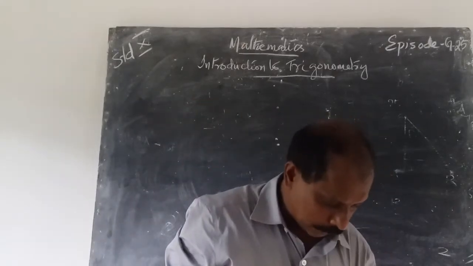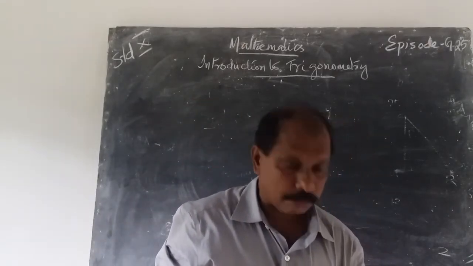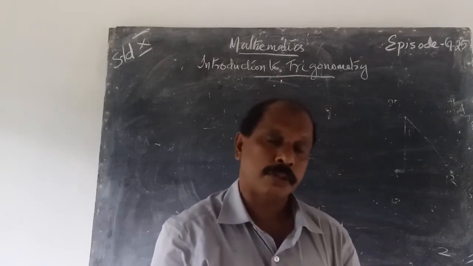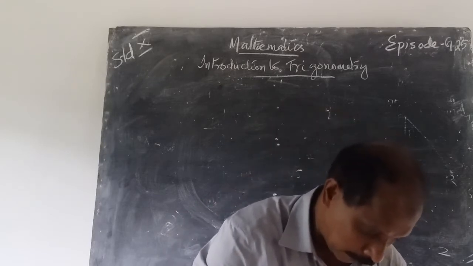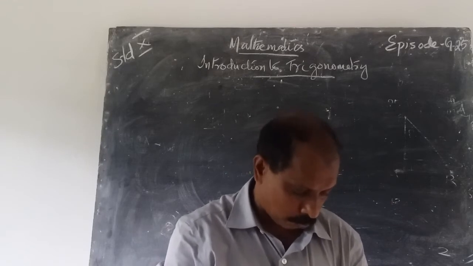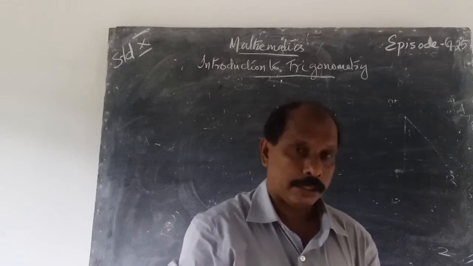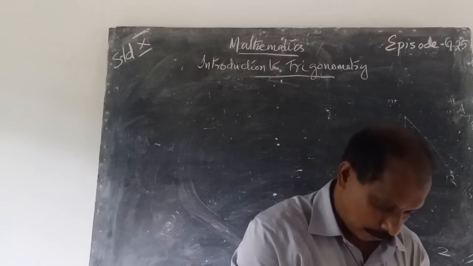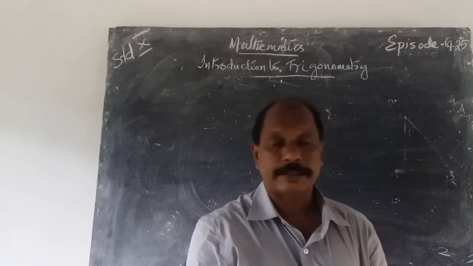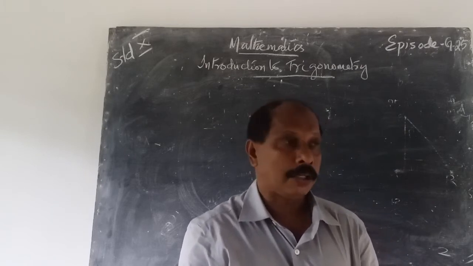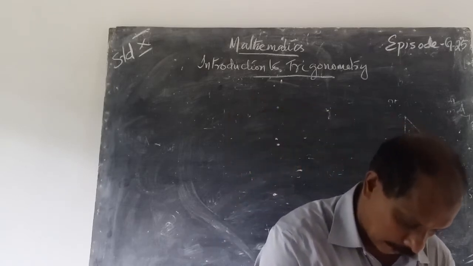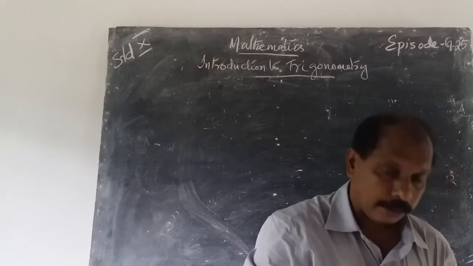Then exercise, the 11th question, that is a true or false question, that is for your homework. That is page number 181, exercise 8.1. The last question, the 11th question, homework, that is true or false. Then using that sin 30 is equal to 1 by 2, etc., we can find the solution of the problems in the next exercise, that is exercise 8.2.